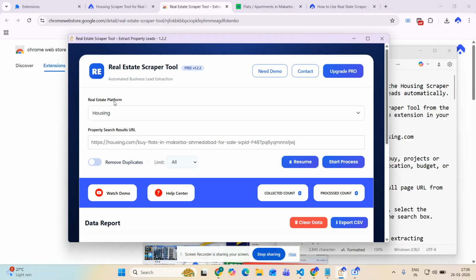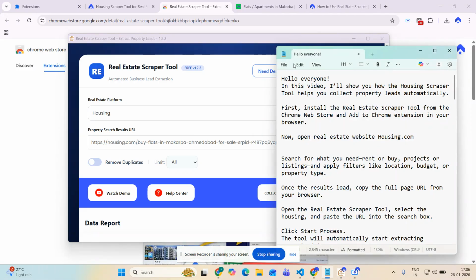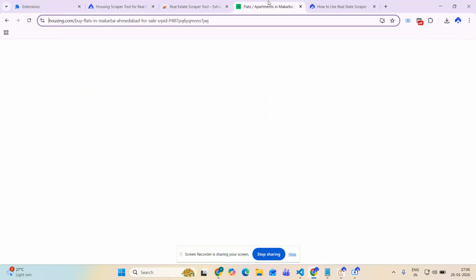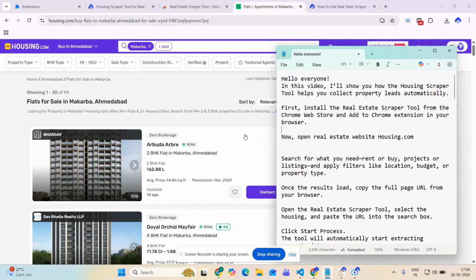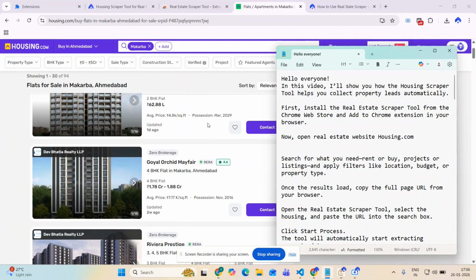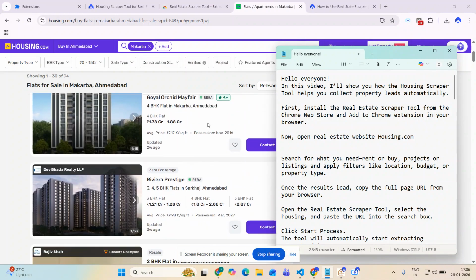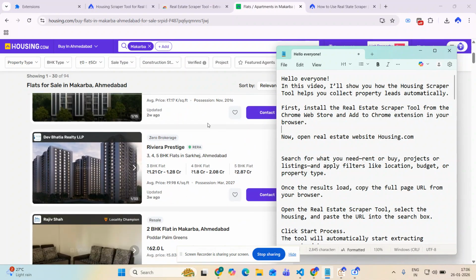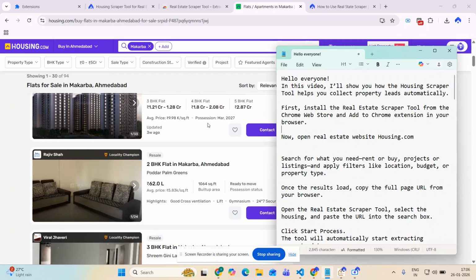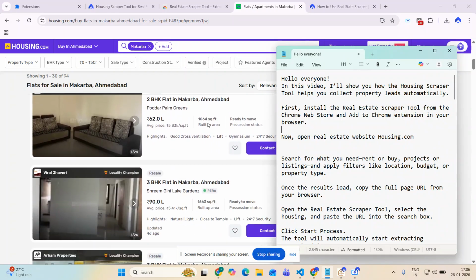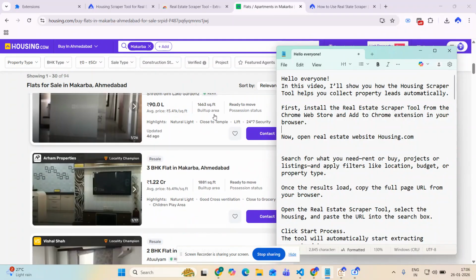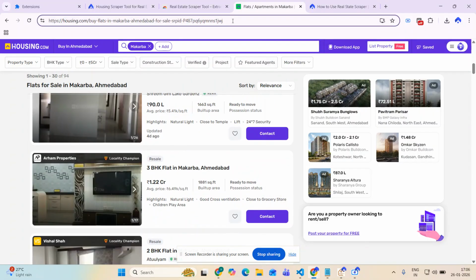Now open the real estate website housing.com and search for what you need: rent or buy, projects or listings, and apply filters like location, budget, or property type. Once the results load, copy the full page URL